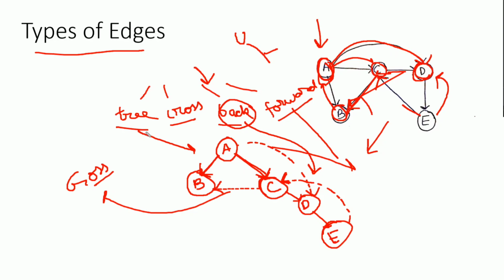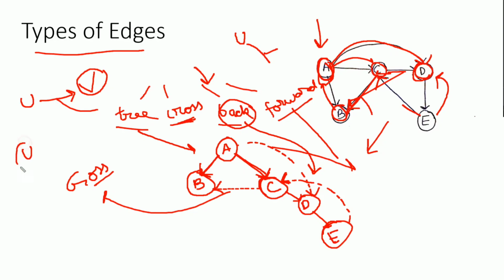I'm again repeating that with the help of tree edges we perform simple DFS traversal and make a DFS tree. With the help of a cross edge, from a vertex U we have a connection with vertex V, and this vertex V is already visited, but it is neither the ancestor nor the descendant of vertex U. This type of edge is known as a cross edge.